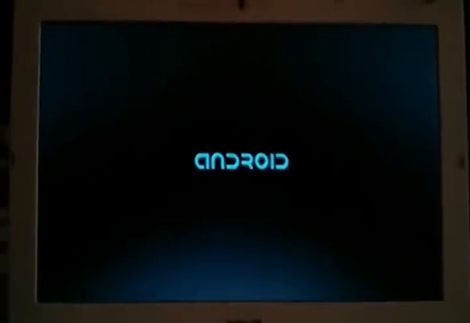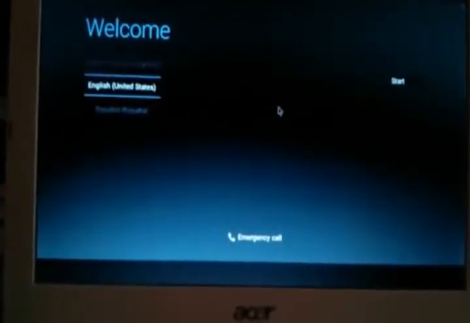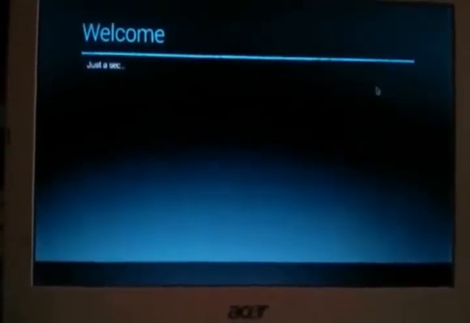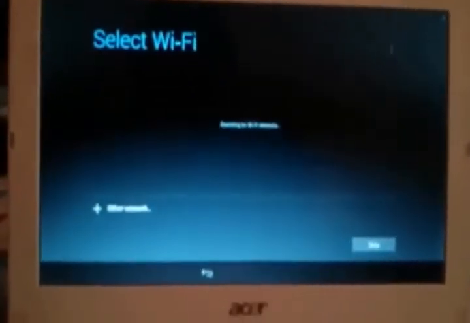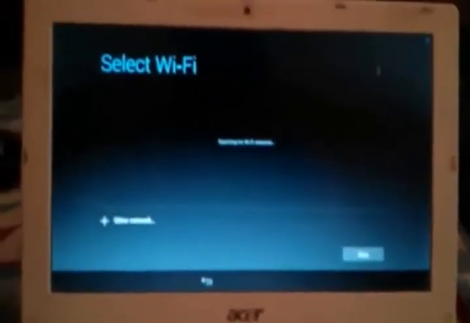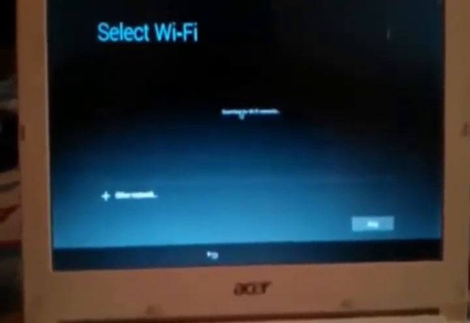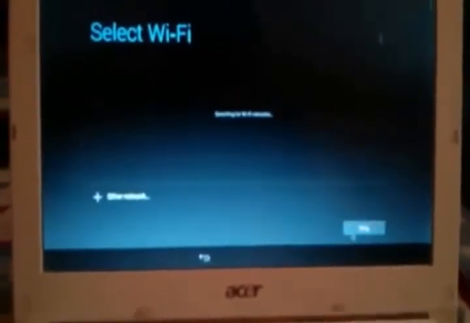Okay, now you can see the welcome screen. We have to click start. Now you can select here the Wi-Fi network for logging in to the Google accounts. I'm skipping this step as I'm using a USB dongle, so skip anyway.